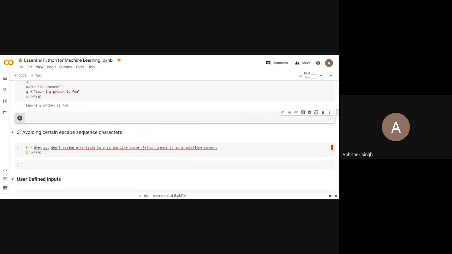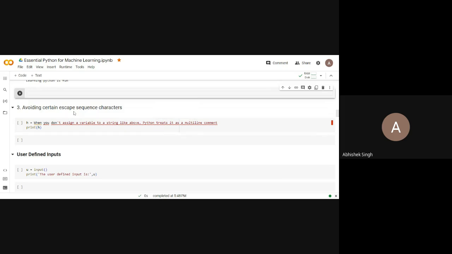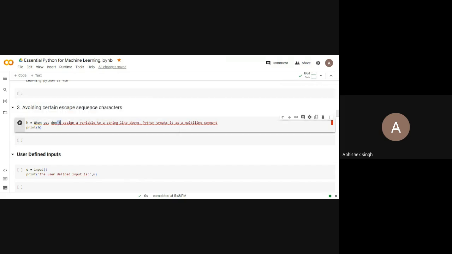And the third one is avoiding certain escape sequence characters. Now in C and C++, there are certain escape sequences like \n, \s. Similarly here, suppose I have to write this statement. When I write this statement, the apostrophe is being treated as a single quote, and it is saying that the single quote has been started but hasn't been ended.